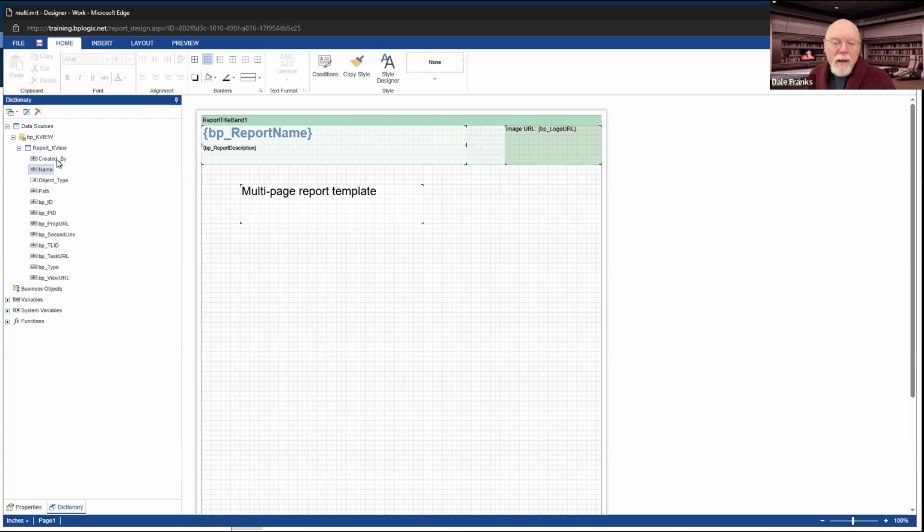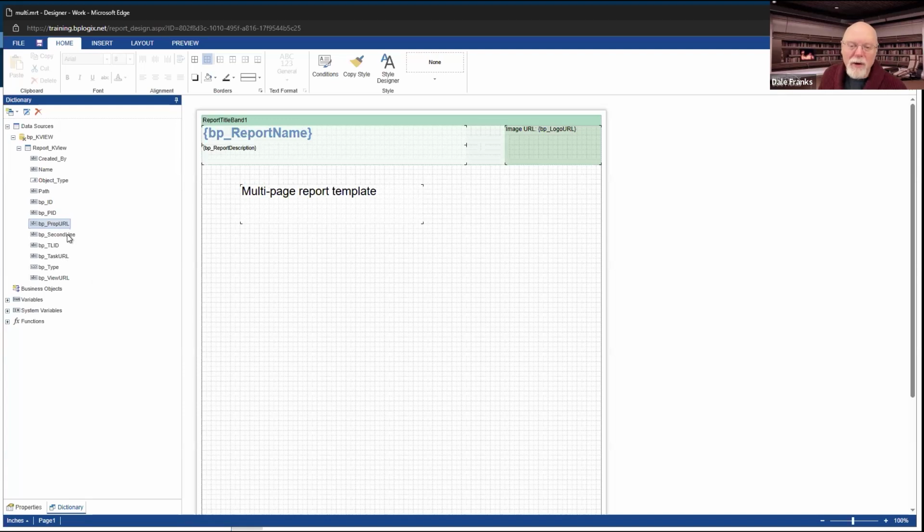The name, the created by, which, by the way, we don't even really need because they're all created by me. The object type and the path of each object. And those are really the only 4 fields that we're going to need for this report. These others, like the BP ID and the BP PID, that's the form ID, the GUID, that will be the process ID, GUID, the property URL, which is the URL property of the object.